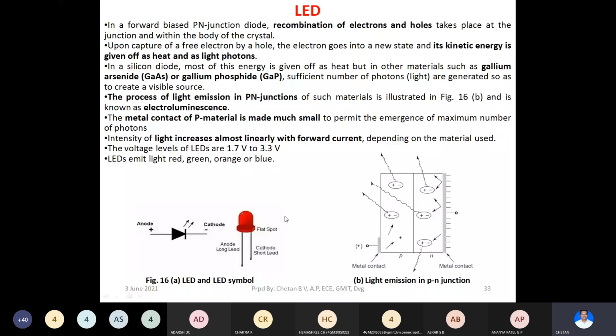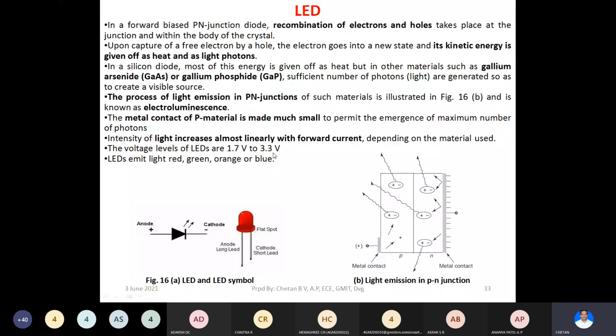Now you replace the battery with a fully charged battery, and you can see the intensity of the LED. As the battery is fully charged, a large amount of current will flow and the LED will be turned on with a higher intensity, right? And these LEDs come in these colors: red, green, orange, or blue. These are the most common colors. Some other colors are also possible, right?